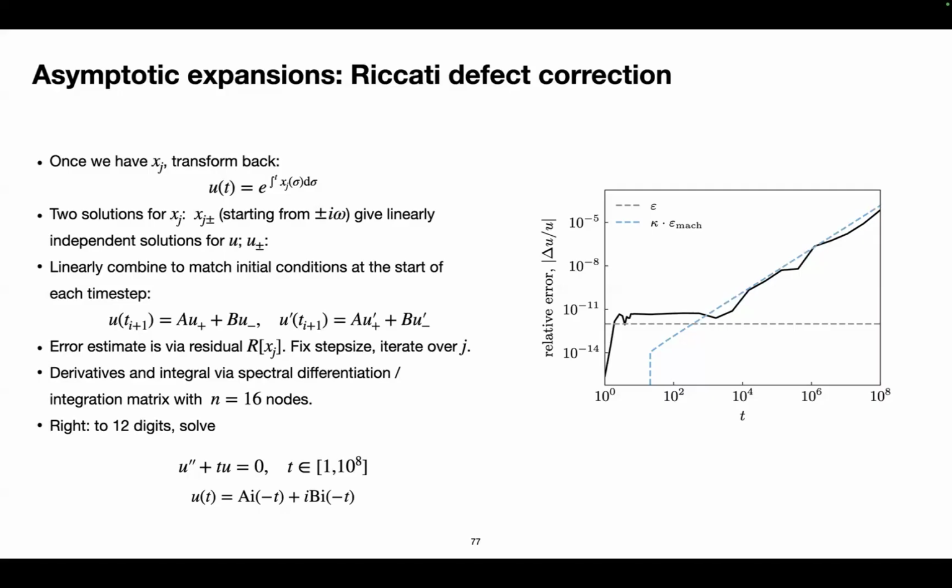meaning that any ill-conditioned problem will amplify that 10 to the minus 16 error. And the amount by which it's going to amplify it is called the relative condition number. And this can be computed for certain equations. So this is how I got this blue plot, and you can see that the method is actually doing as well as it possibly can.